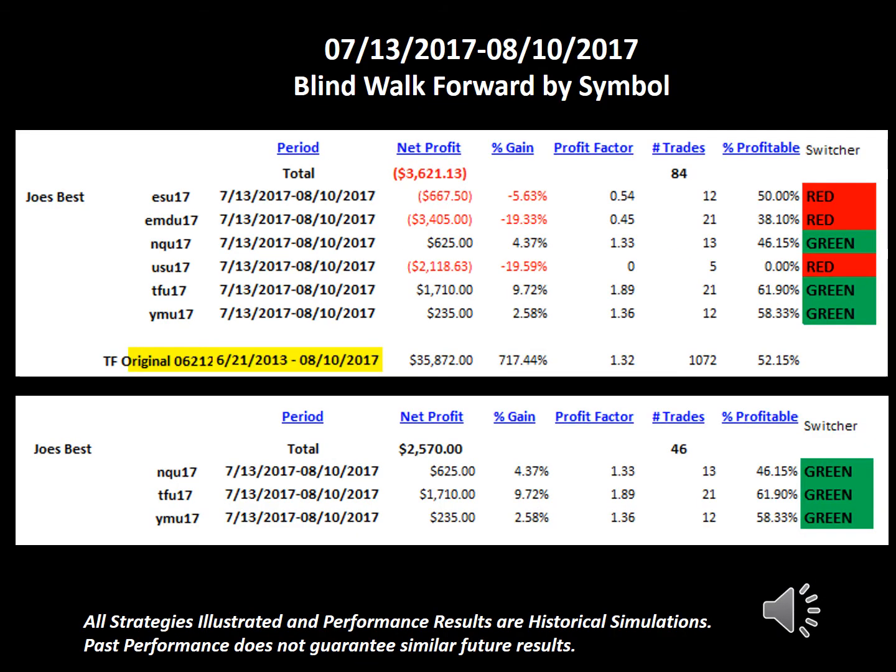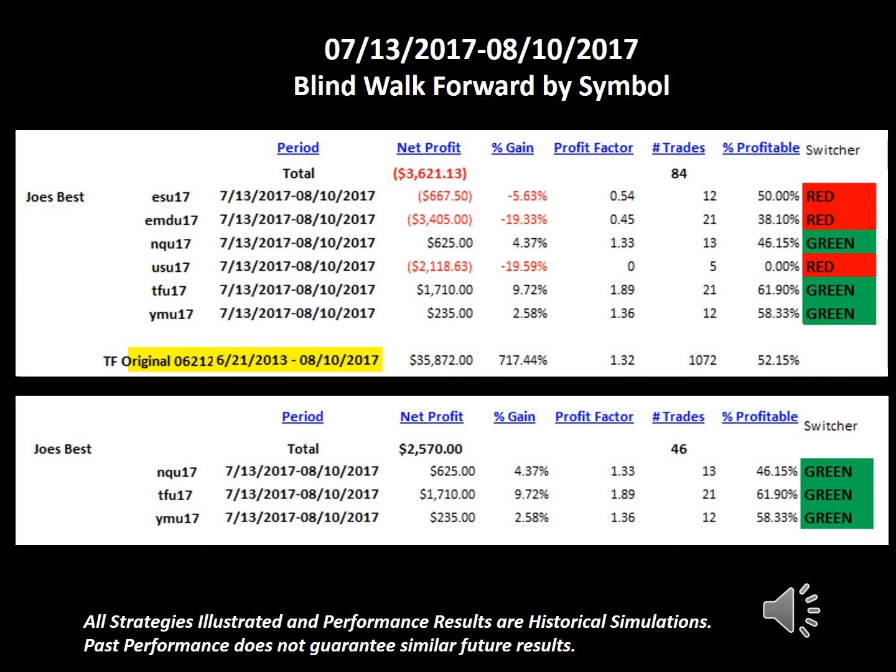Now here's that slide reiterated from the very first of the presentation. This shows Joe's best over the period. 3 had red switchers, 3 had green switchers, 3 made money, 3 lost money. If you take a look at the green switchers, the ones that were green the whole period, you would have made the $2,570. Doing the whole group with disregard